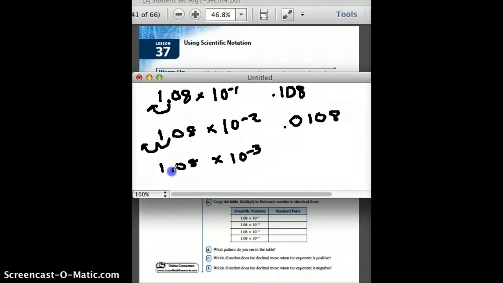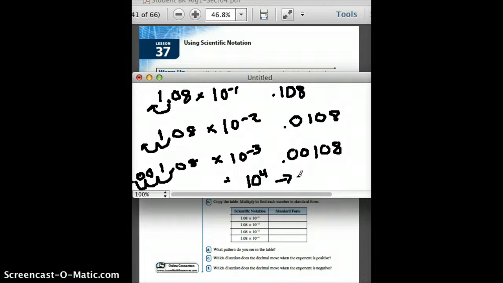Okay, what about 1.08 times 10 to the negative 3rd? What do you think? 1, 2, 3. Zeros go in that place right there. So it becomes 0.00108. Okay? Alright, so notice with the positive exponent, for example, 10 to the 4th, we moved the decimal place to the